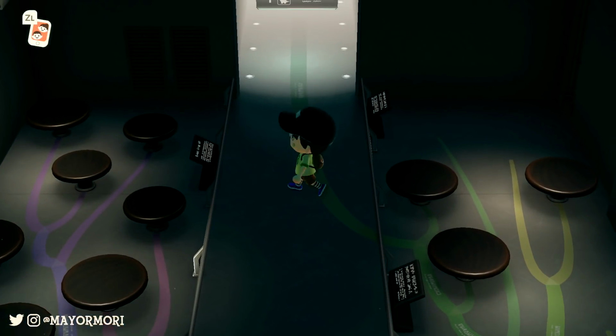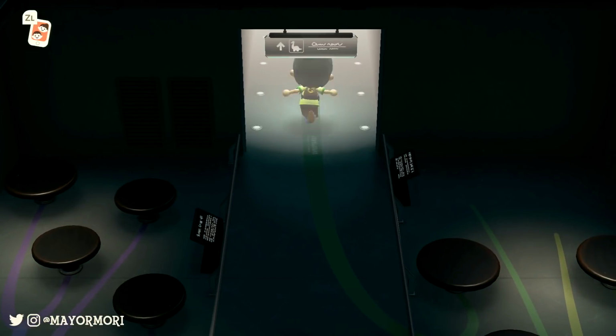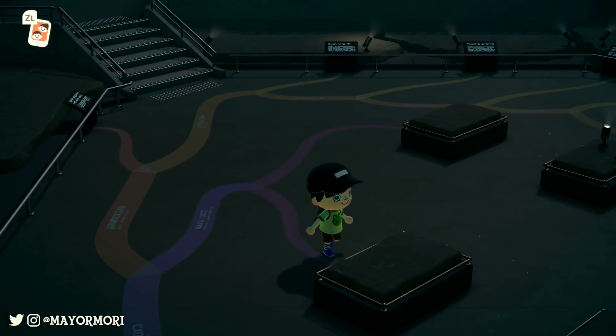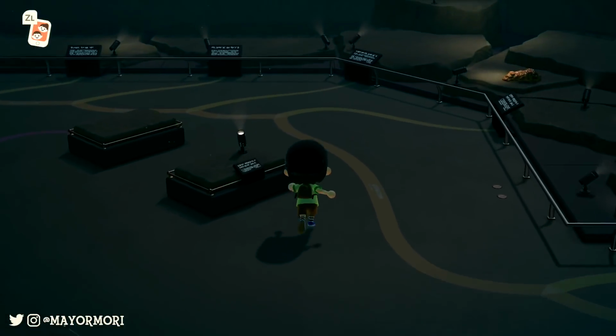So what's this room? This must be for little, tiny fossils. I like the dinosaur sign on the door there. It's kind of cute. These paths are really cool because they take you to each area. And I've seen a room somewhere in...